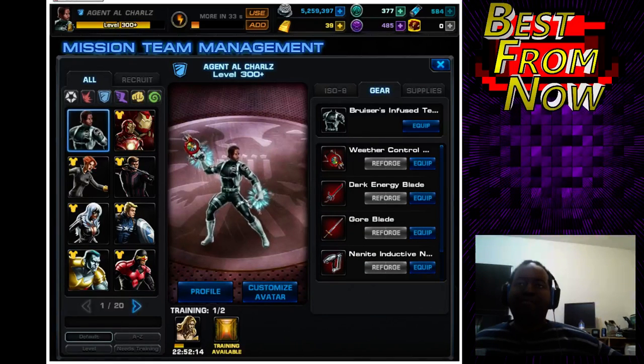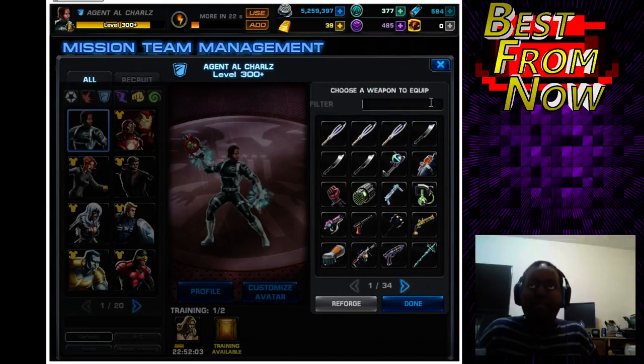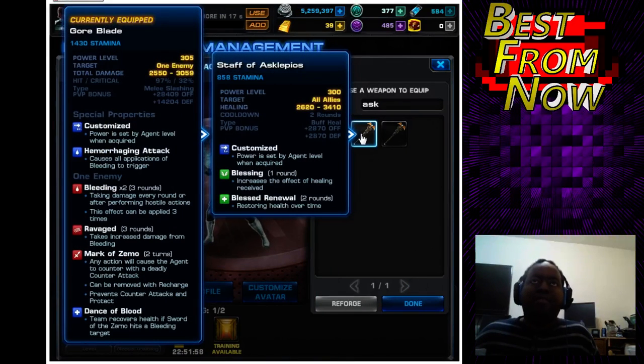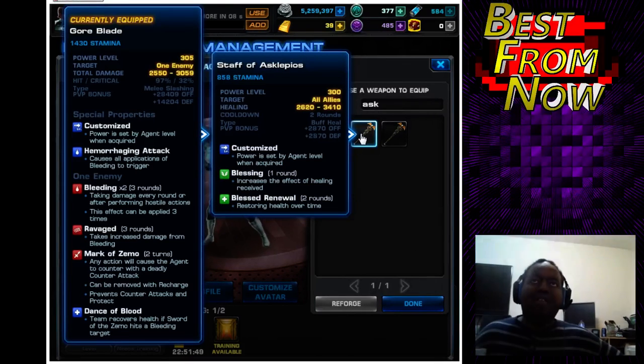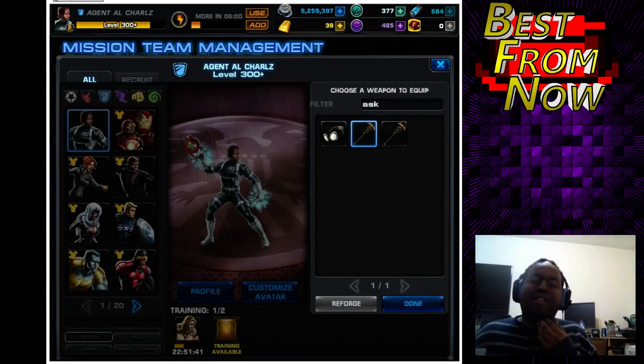I guess we have to work through specific teams. So, like, let's say you're running a defensive team. There's always things like, let's go through this gear. The Staff of Asclepios, which is pretty much the best healing item in the game, like pure healing, because it gives you healing over time and increased amounts of healing on your entire team. So you can't really go wrong with that for a defensive team. You just have to watch out for